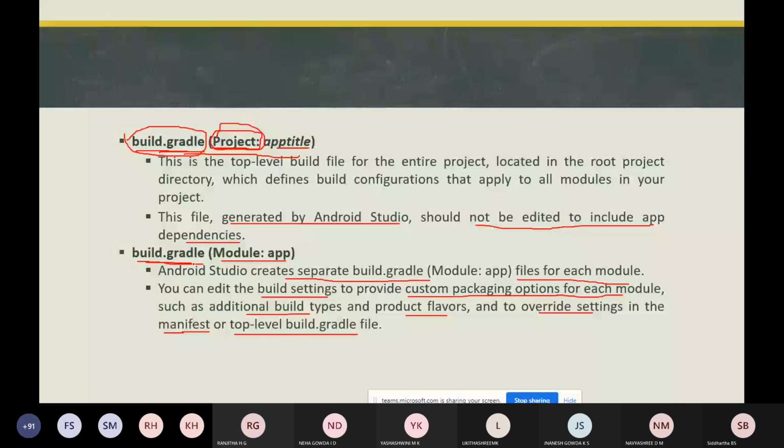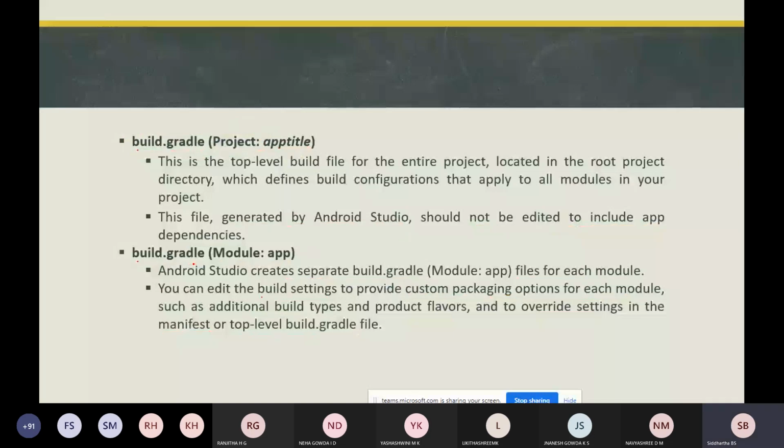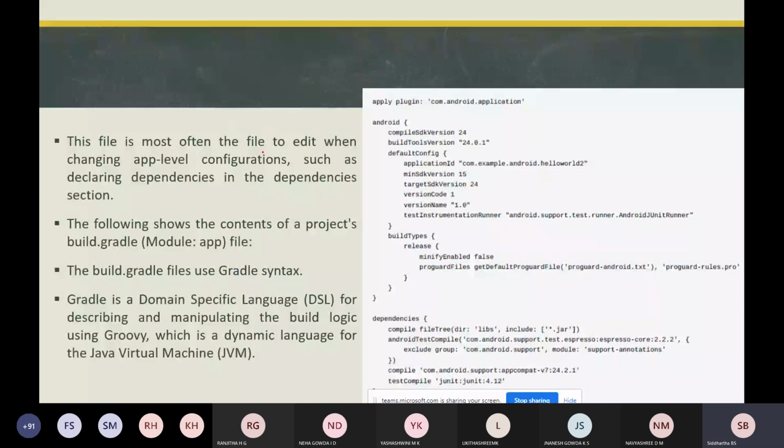This is the file most often edited when changing the app level configuration, specifically for modules. You can declare dependencies if necessary, but unless it is necessary, you should not edit any dependencies.